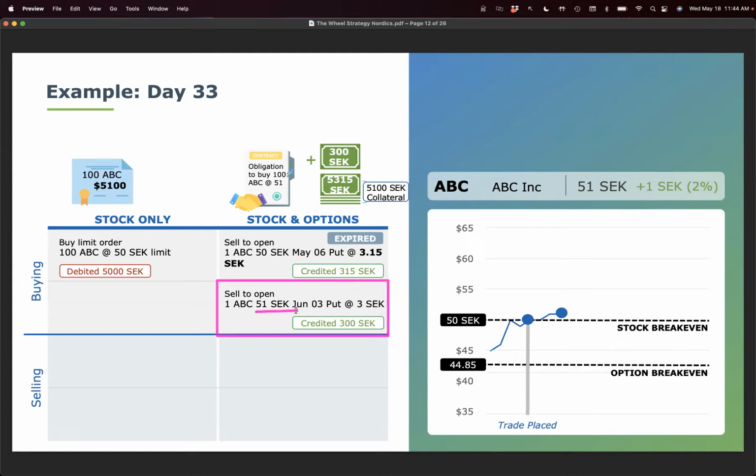Here, I'm going to sell the 51 crowns put option for June 3rd. And let's say I collect 3 crowns again, and now I'm collecting 300 crowns for selling the put option. Now, remember, when the stock's trading at 51, I now own the stock at 50 crowns, and now it's trading at 51. So I have a 100 crown paper gain. Here, what I've done is by selling the 51 crown option, I'm collecting a further 300 crowns on the current